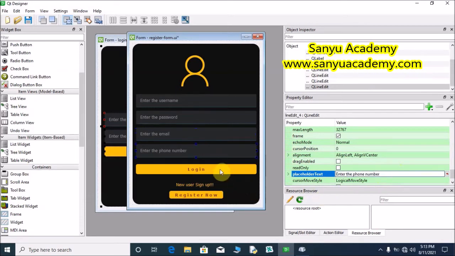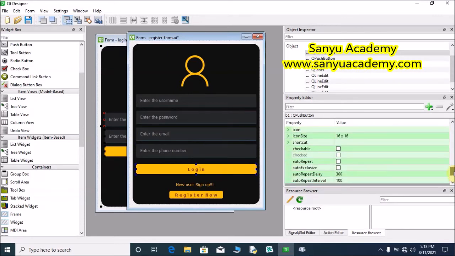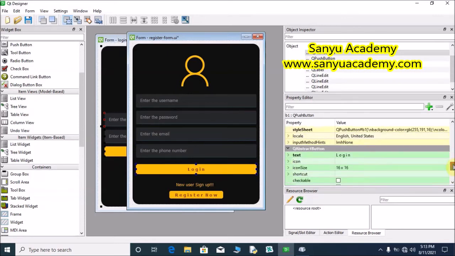Instead of login, change it to register. Change the text to Register.